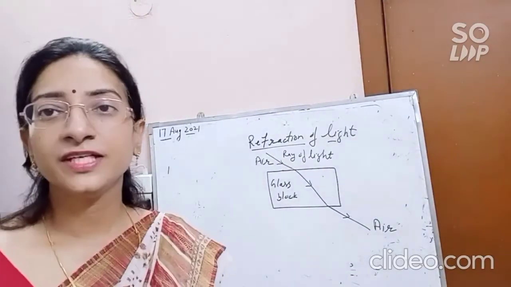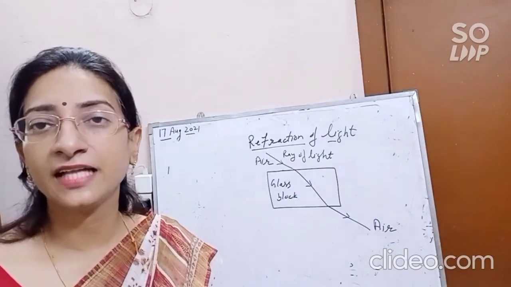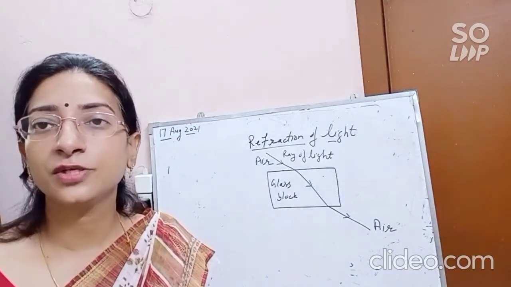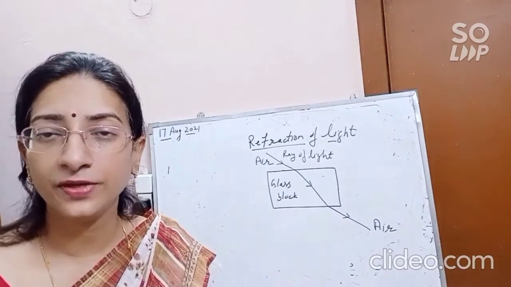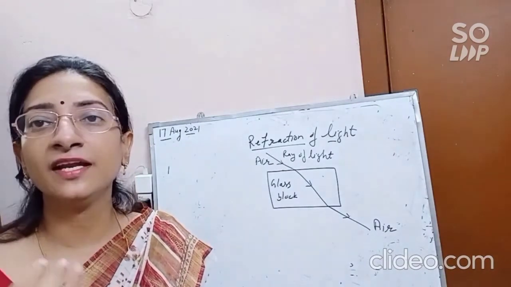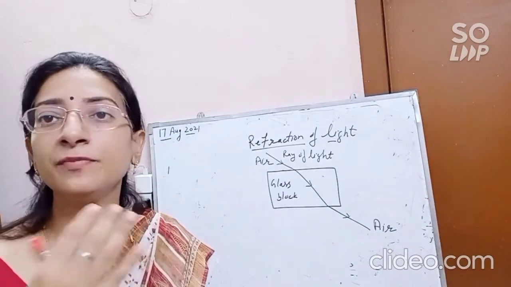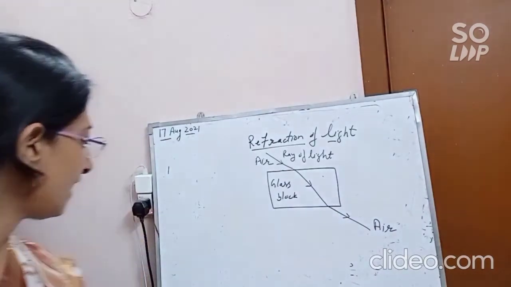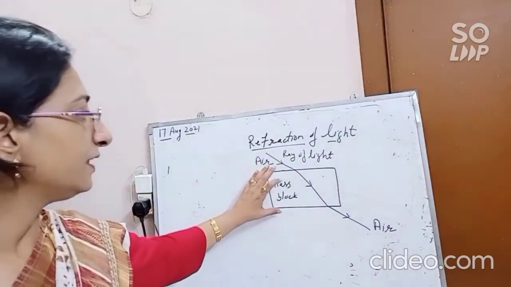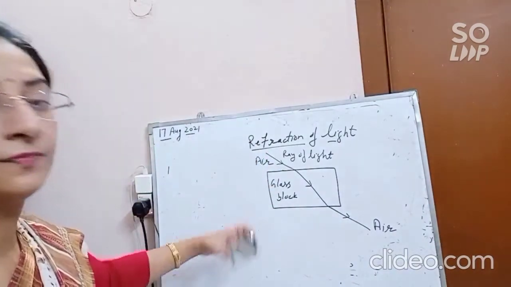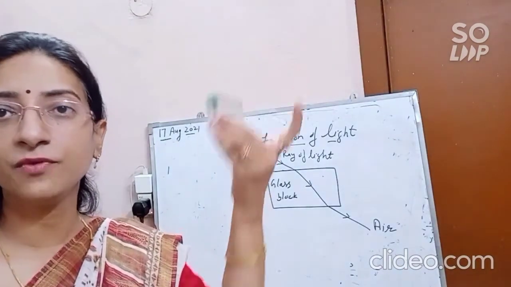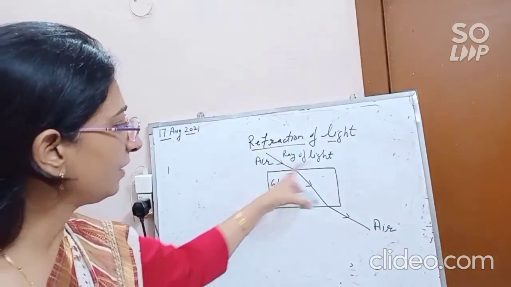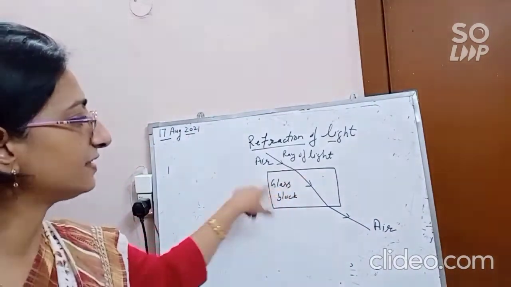Good morning students. Today we will discuss a new topic, that is refraction of light. As you know, light travels in a straight line. But we have to discuss when a ray of light passes from one medium to another medium. What does it mean, one medium to another medium? As I already drew the figure, this is a glass slab. I place it on the board and draw the outline of the glass slab, right?